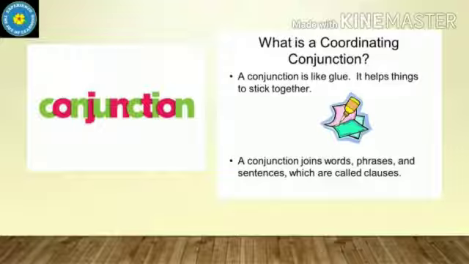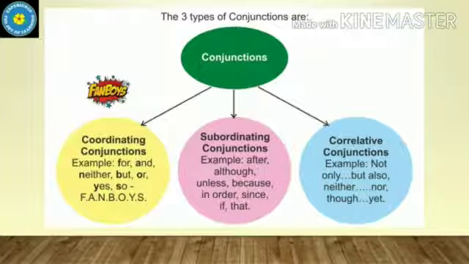It's a glue that helps us to join words and phrases. As I started saying, it's very important, you should also know that there are three types of conjunctions. How many types, children? Three types. And what are they? They are coordinating conjunctions, subordinating conjunctions, and correlative conjunctions. So the first type of conjunction, coordinating conjunction, is remembered